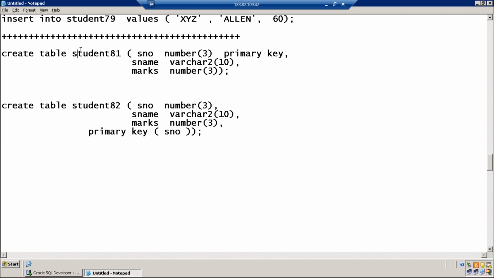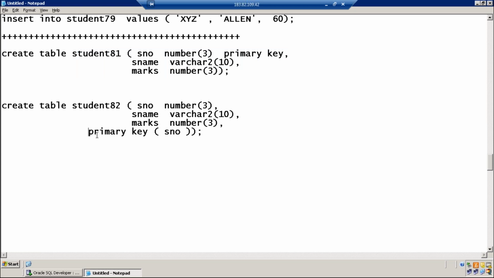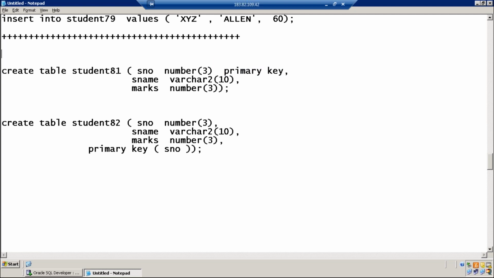This is a normal primary key. This one is also a normal primary key. It's not a composite primary key because the primary key is applied on only one column. It is a normal primary key only. So this kind of creating a primary key, mentioning the column name, data type, and size in the same line, when you mention the constraint, is called creating a constraint at column level.